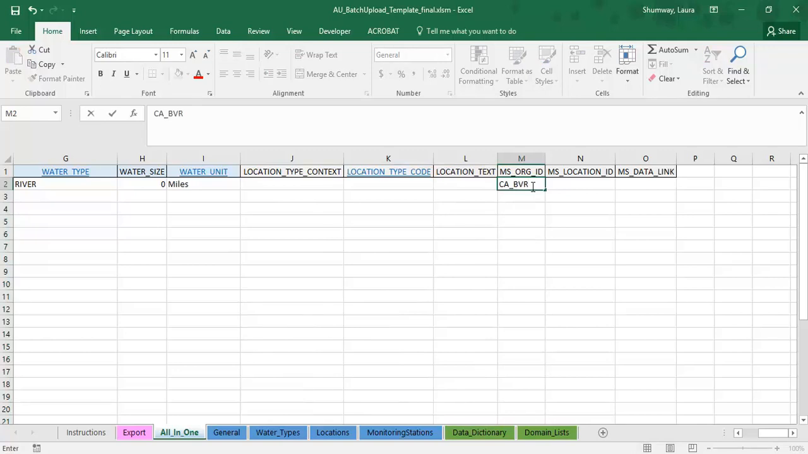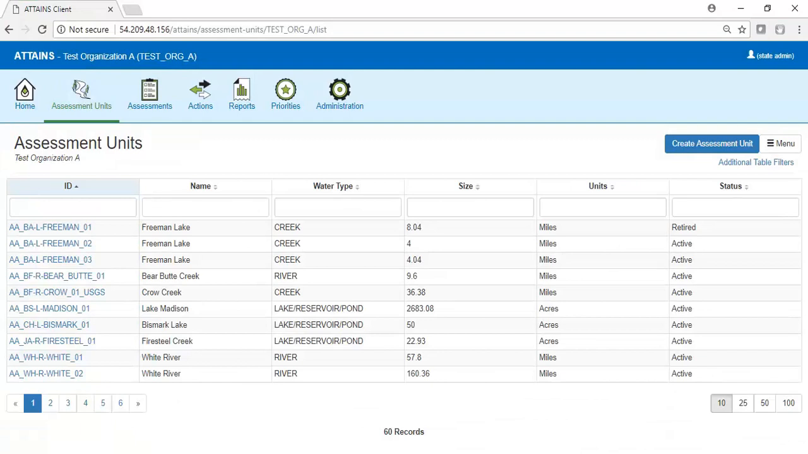You should know your own. I'll show you kind of how you can find that, but you should already have yours. You can also do the location ID, which you will need to put with the org ID. And once again, mine is the same as my assessment unit, so that's simple. So if you are in Attains and you're unsure of what your org ID is, you